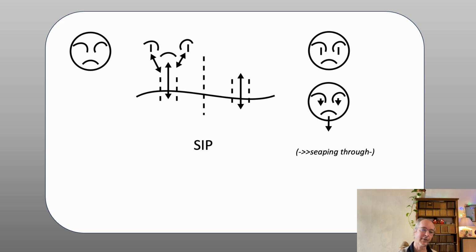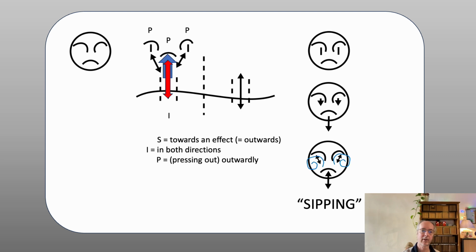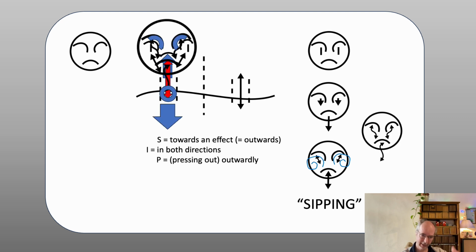And it also is not very far from seeping or seeping through. So the sip, also here the P is pressing out, the S is trying to get an effect also outwards. The E can be both ways, it can go both ways. So it is pressing in, seeping through, but still a tendency to pop out, not pop in. So this sipping that you can produce is analyzable. It's not so easy, but you can understand it intuitively if you start to analyze the directions that are used